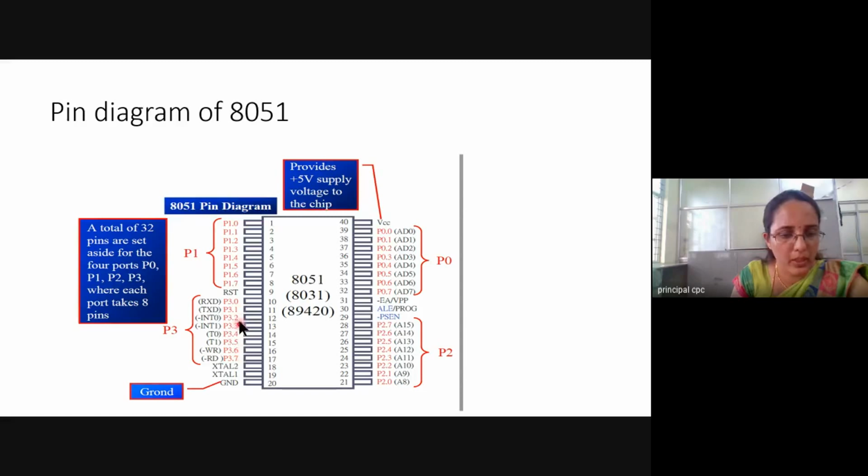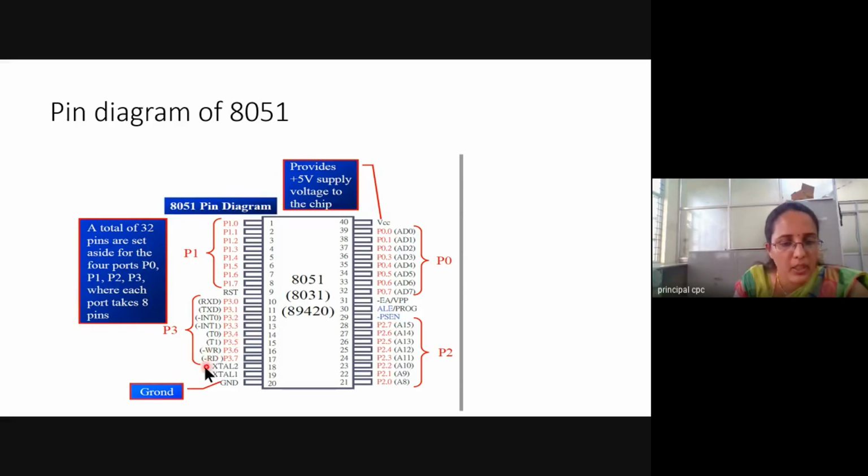Next, there are port pins with P3. P3 port pins are there, but along with this, they are functioning for other tasks also. For example, P3.0 is RXD, TXD, INT0, INT1, means these pins are said to be multiplexed, means in order to reduce the number of pins, the same pins can perform both operations, working as RXD, TXD for serial communication and interrupt pins, as well as T0, T1, and write.